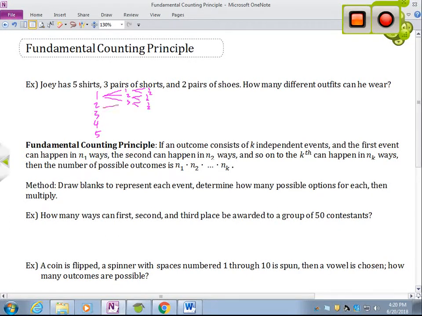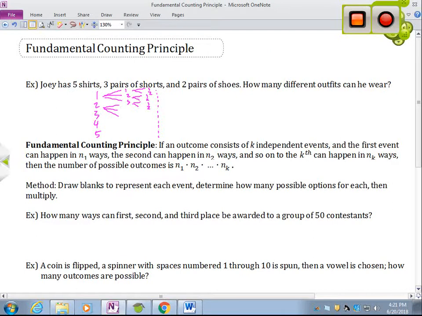And we can see pretty quickly that's going to get really crowded, and it's going to be really hard to do, especially if he had 50 shirts and 30 pairs of shorts. So we want another way to do that. And what we're really considering with the tree diagram, to answer the question, how many ways can something happen, is we want to know how many different outcomes there are at the very end of the branches, and is there another way to get that number without listing everything, okay?